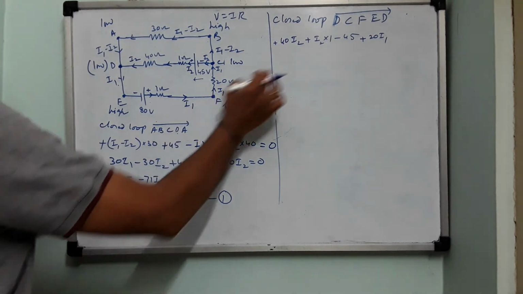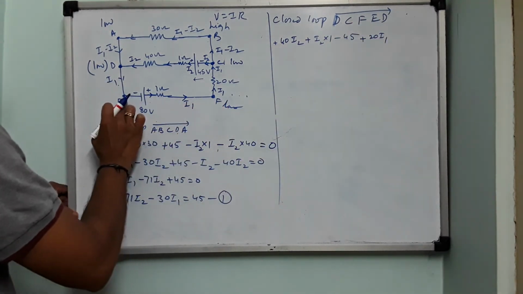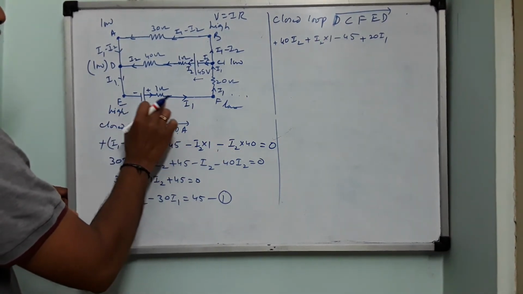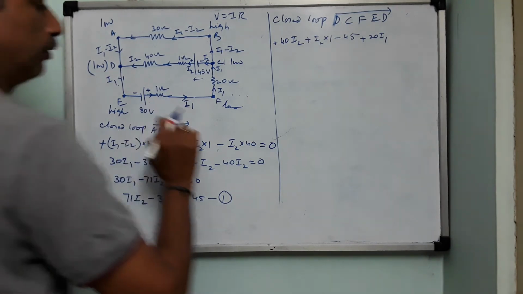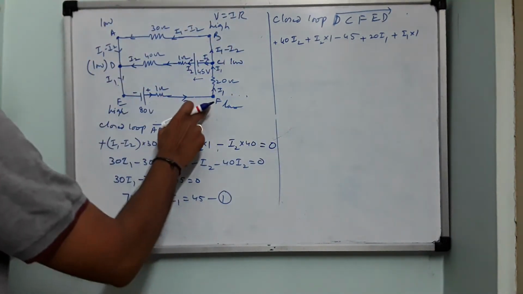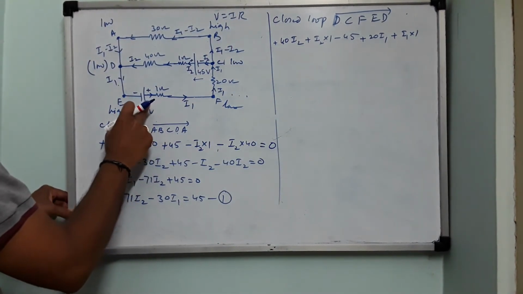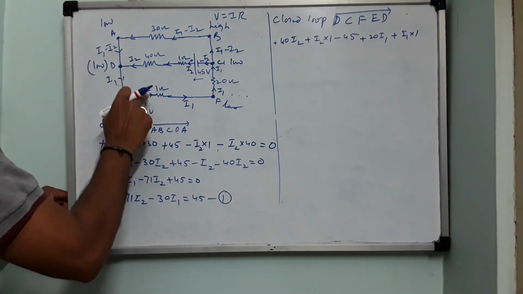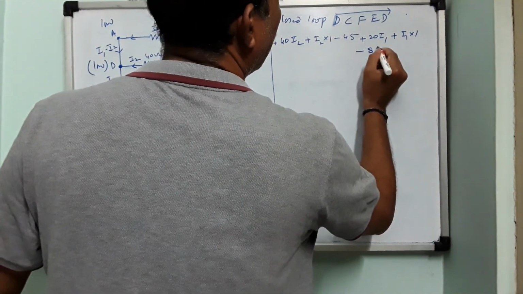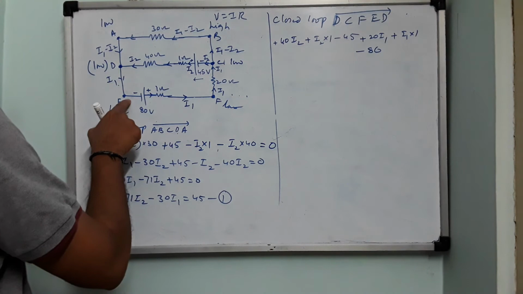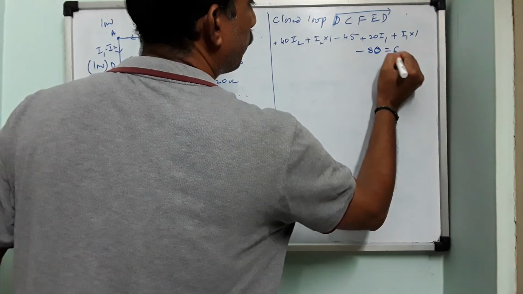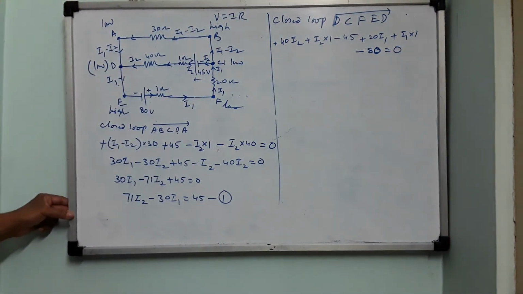Okay. So now you are moving from F to E. You are moving from low to high voltage. Therefore, the potential difference across this 1 ohm should be positive. So this is plus I1 into 1 ohm. After this, you are coming towards the cell and you happen to see the positive terminal of the cell first. So its EMF should be what? Negative. So minus 80 volt. Then E to D, nothing is there. So the algebraic sum of EMFs and potential differences must be equal to 0.